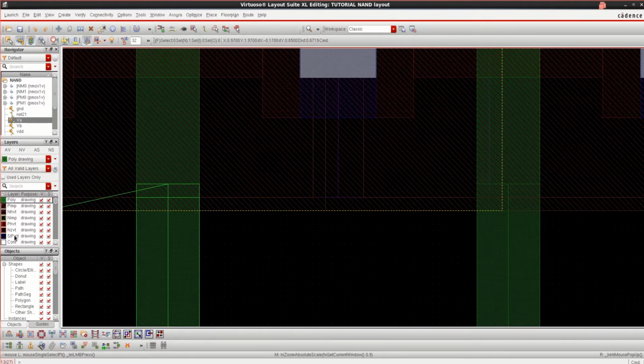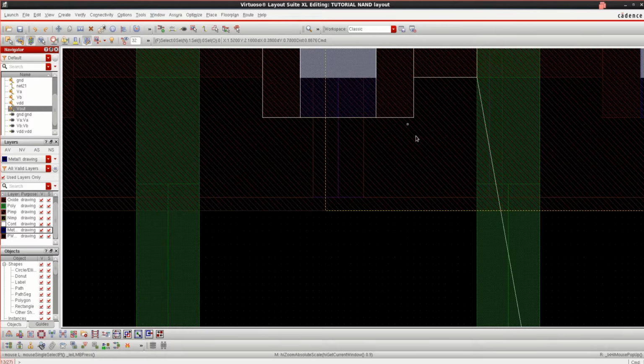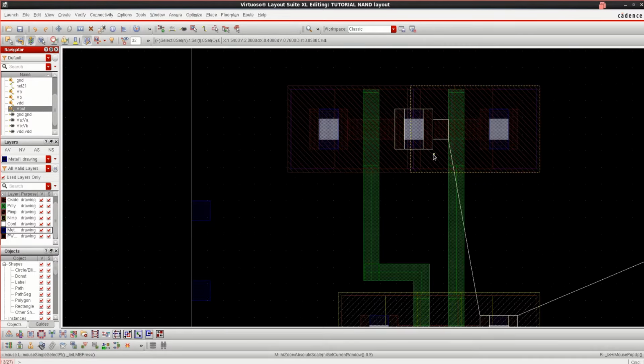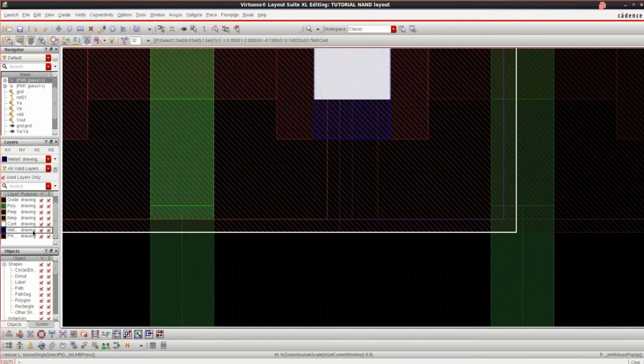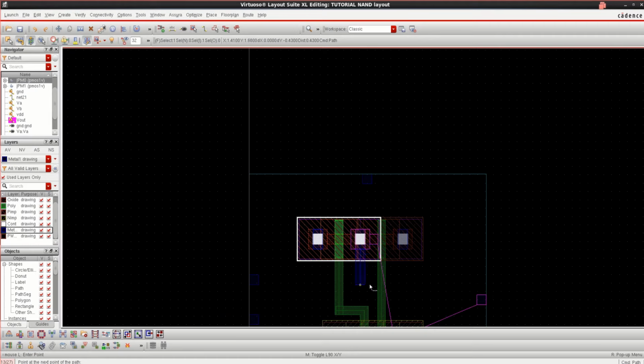So what I'll do is select the metal, or I'll select the used layer. What are the layers used? Select this. Now I have metal 1 to be connected, or use the pin as V out. From here it shows the path where to connect. So select the metal or press P so that you can make the required connections.